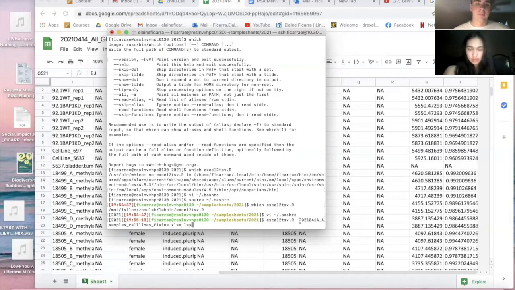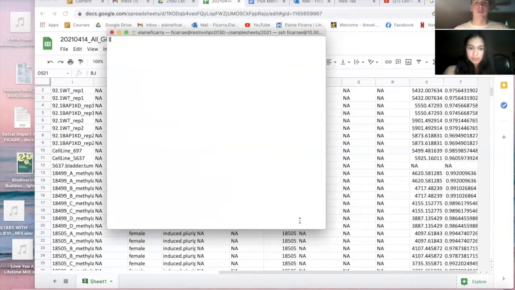You have to use the pipe. If you didn't use the pipe, then Excel to TSV would have read that as another command line argument. Yes, but piping moves the output of the command to the input of less. Yes, so do that. And what should happen is you should see